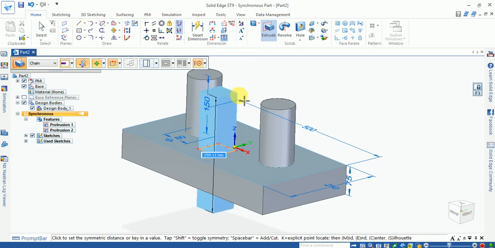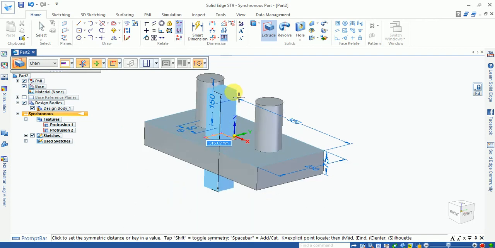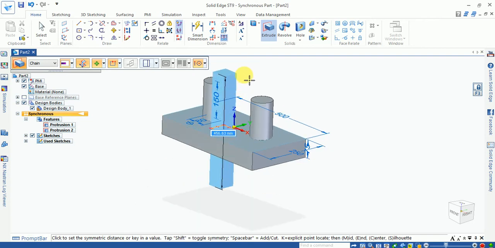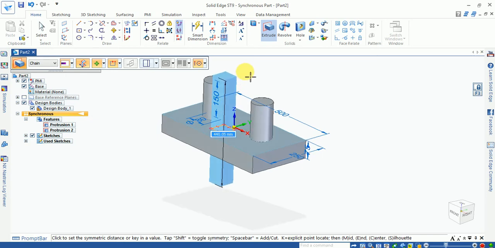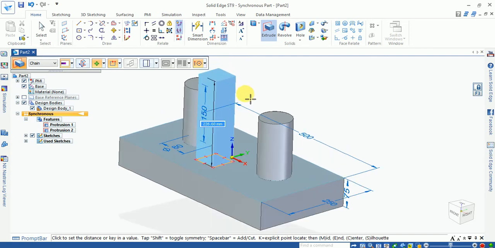I select the symmetric, then this extrudes on both sides symmetric from the sketch. If I unselect this one, you can go upward or downward; only one direction option is available.